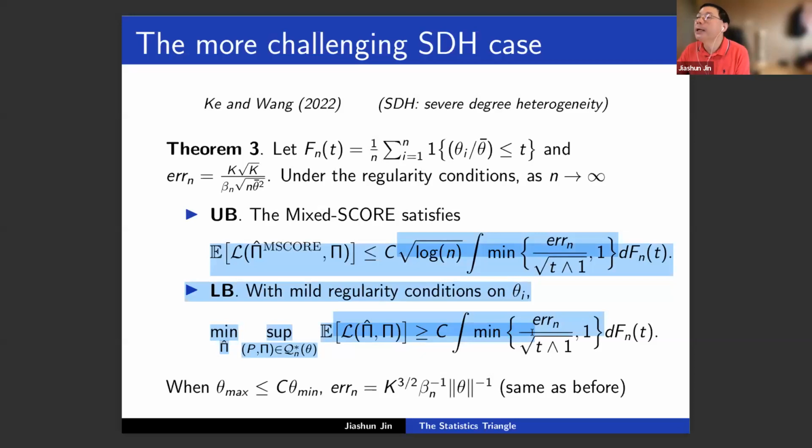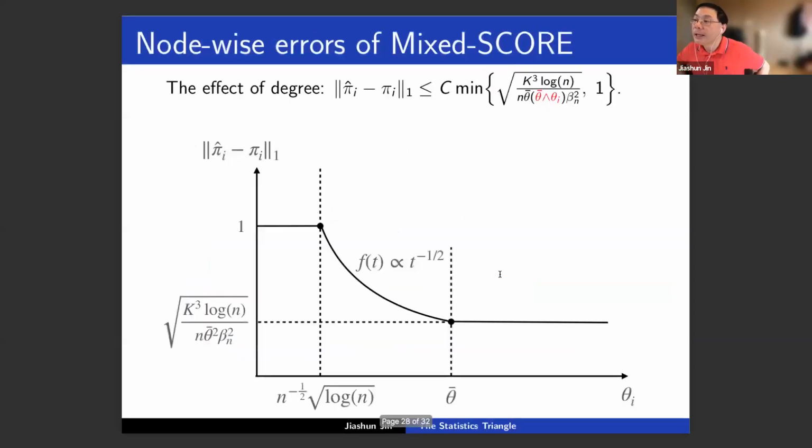The main concern here is real data. For real data, all the θ_i's have to be of different orders, but this is technically not hard. Here's a figure to show the most important insight about how accurately you can estimate your π_i. For example, if my θ_i is 10 and Jiashun Jin's θ_i is 100, this gives different π_i, and the accuracy you can estimate them with is different.